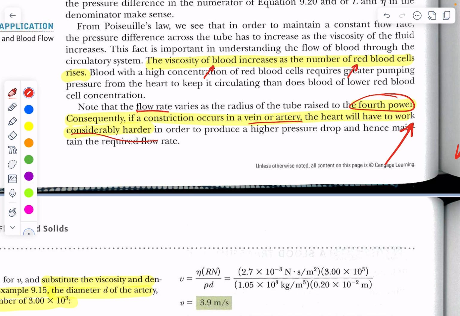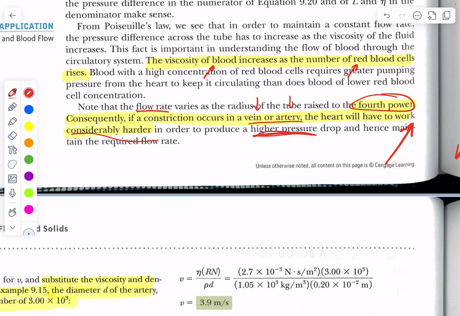And that's why we pay attention to the thickness of the blood, and hopefully we pay attention as much as we can determine it, to whether or not there are any blockages in the veins or the arteries that can cause clots to form or restrictions to blood flow, and that creates all kinds of problems. The heart has to work harder to push the blood through,